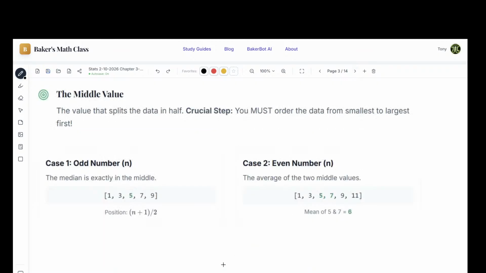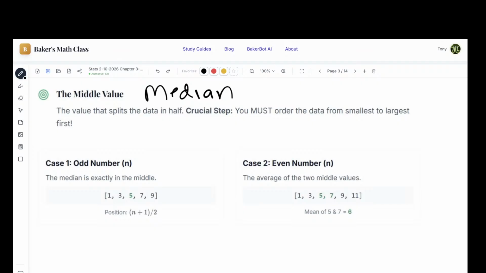The middle value, also known as median. Median is your middle number. Very, very important, and I've had many students not do this: all of your data needs to be in order for you to find the median. So the very first step you should always do if you're looking for the median is put all your numbers in order. You do not need to do that necessarily for average or mean, and you don't need to do it for mode, although it does make your life easier. For median, you have to.